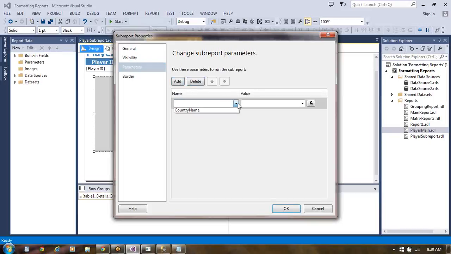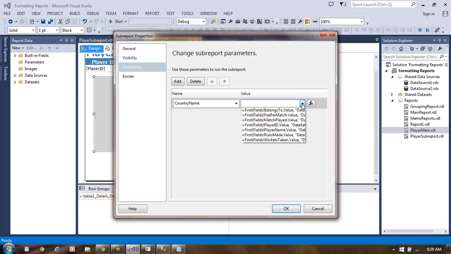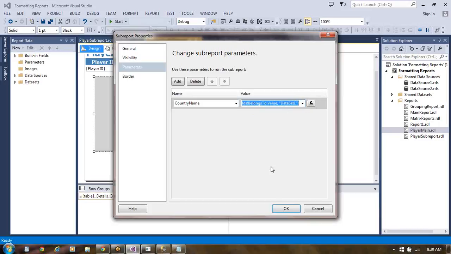The parameter name is going to be country name. So we take the value in this. What value can be taken here? The value can be belongs to dot value from data set 1. We need to choose this. From data set 2, belongs to, this is the third one I think, player ID, runs made, wickets, belongs to, we can take from this.